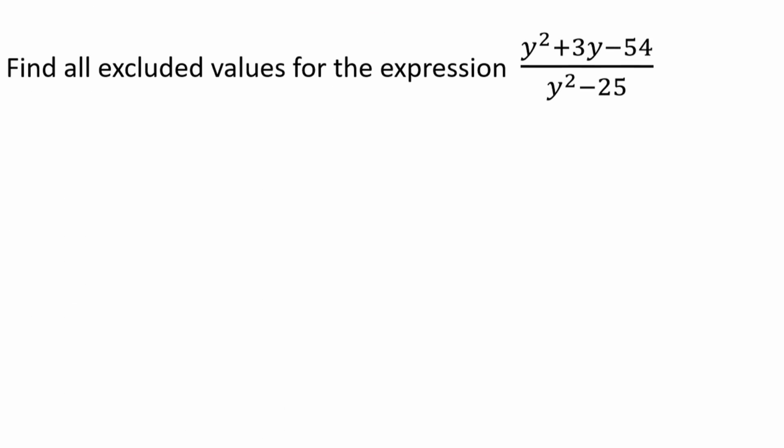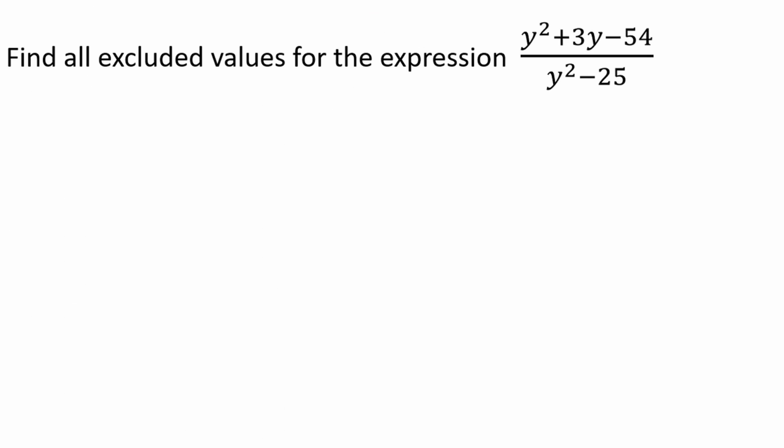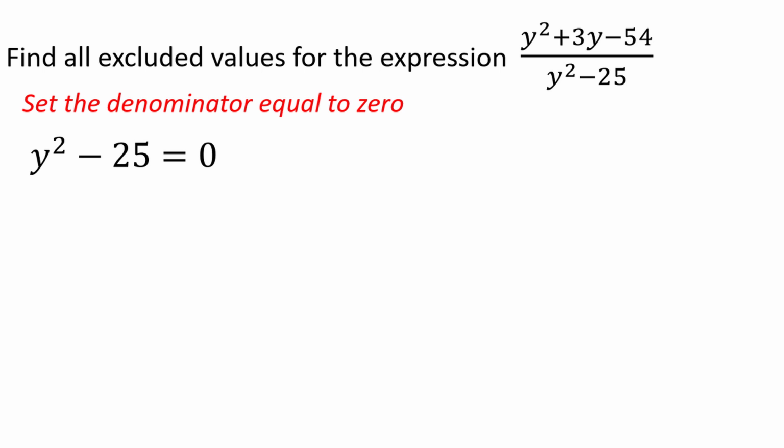Let's try one more. We want to find all excluded values from the expression y squared plus 3y minus 54 divided by y squared minus 25. This is basically the same thing as asking which values are not in the domain of the function. This is a rational function, which means it is undefined where the denominator of y squared minus 25 is equal